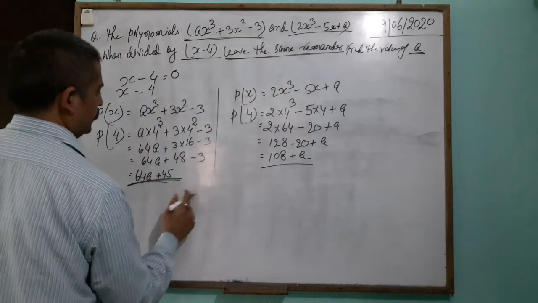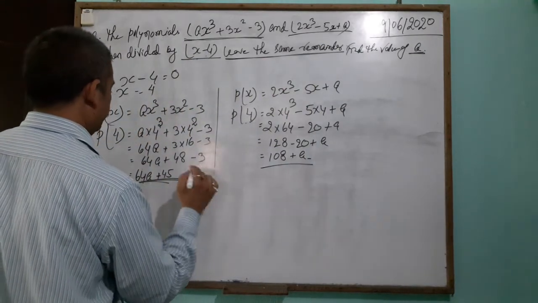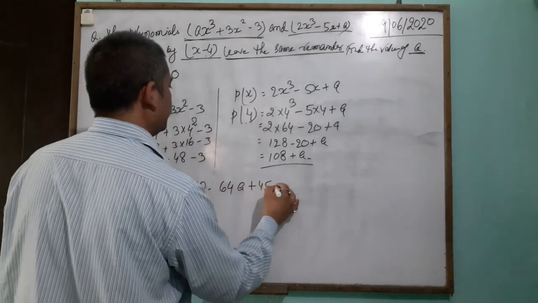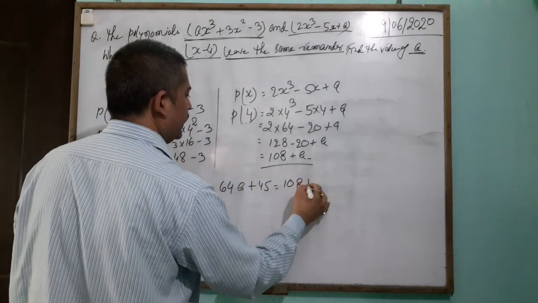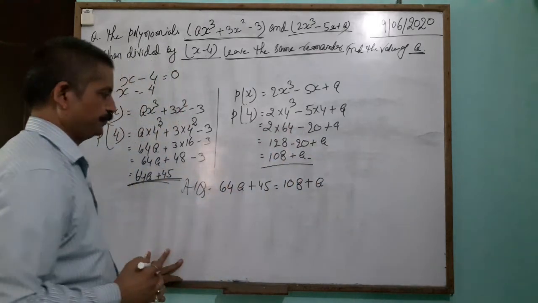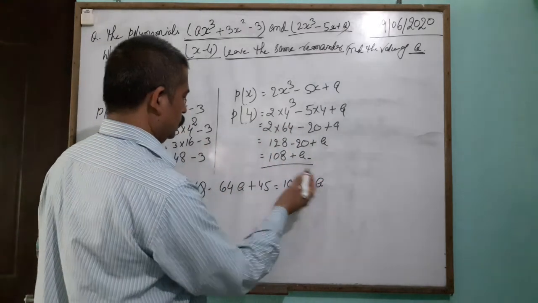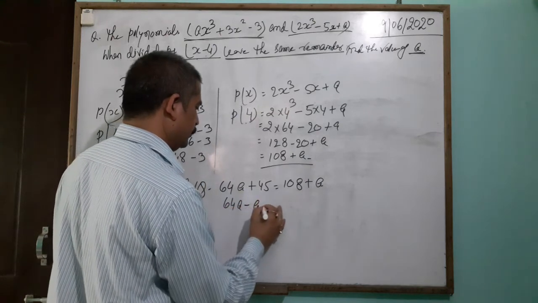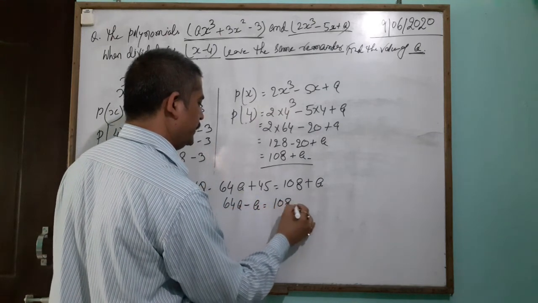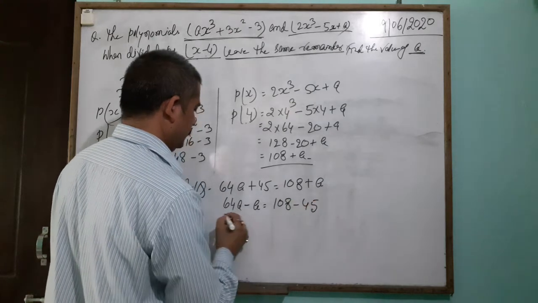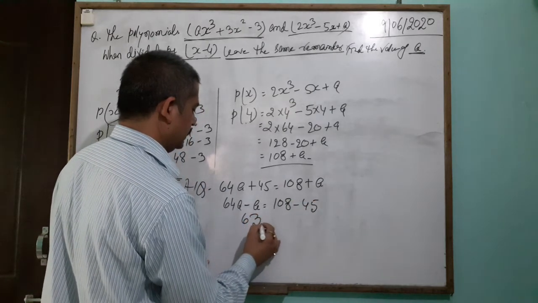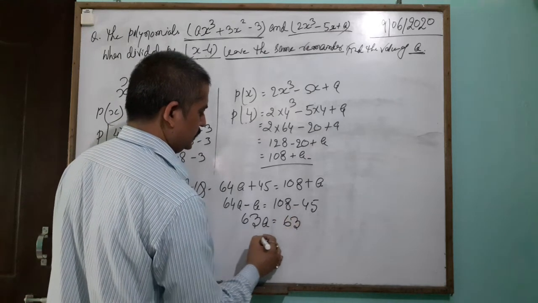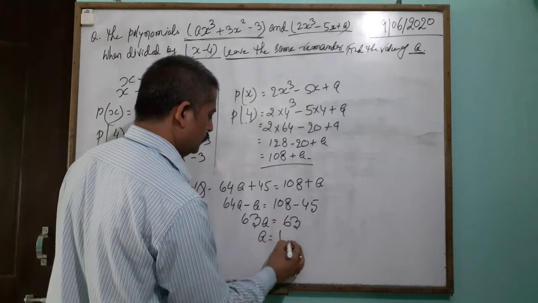Means according to the question, 64a plus 45 equals 108 plus 8. So, transposition to opposite sides. So 108 minus 45. So here we get 63a, where 3 6. So a is equal to